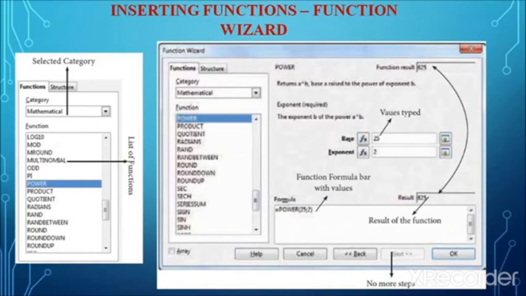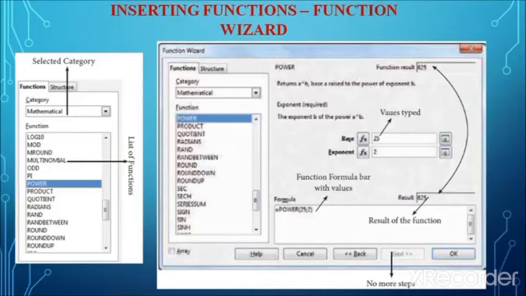Either the user can directly type the cell address, that is the A2 cell address, in the base value, and in the exponent directly type B2. Or in case the user doesn't know the cell address, you can see a button next to the text box.